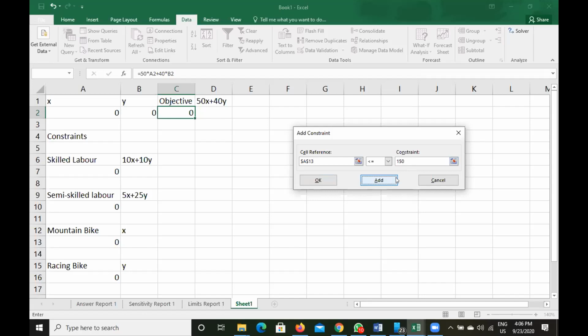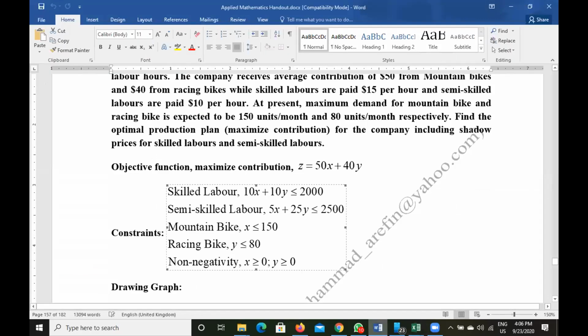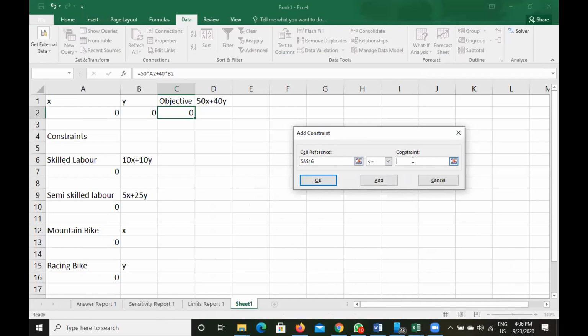Add. The next constraint is racing bike. This is the formula cell for this constraint. Racing bike should be less than or equal to 80.